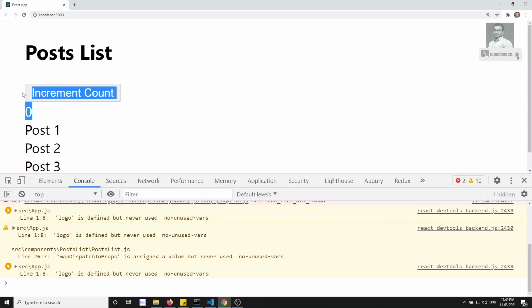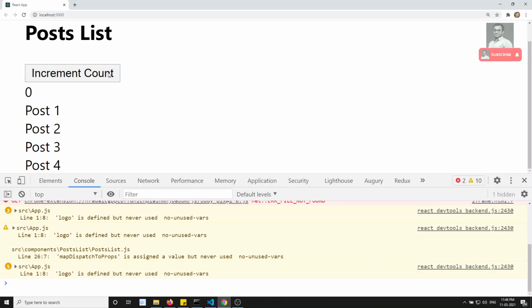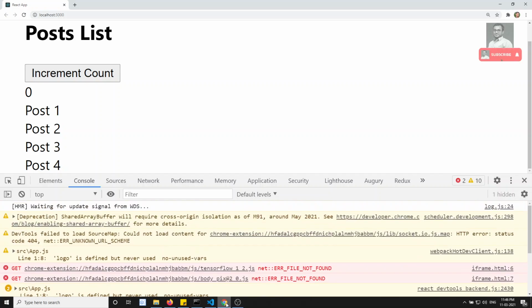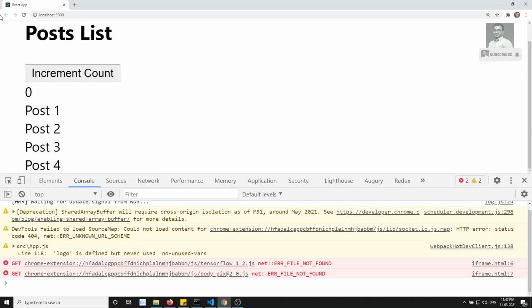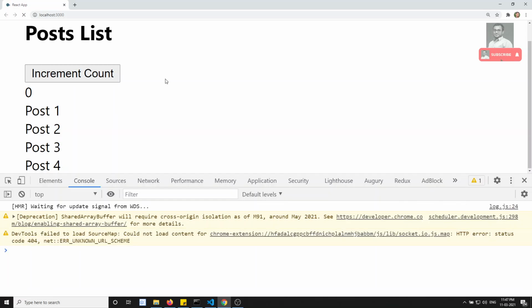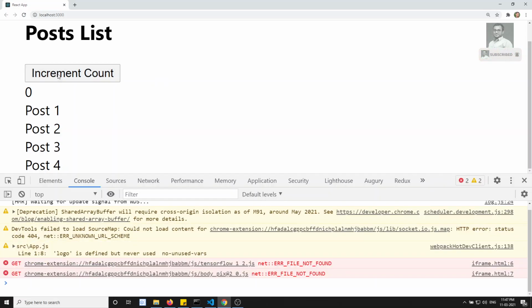Yeah, here I'm able to see the 0 and also the 1. Whenever I am clicking on the increment button, it is not updating. So let's try to see why it is not getting updated. Hopefully everything is correct, so let's refresh it and run again. Now I will click on the increment. Yeah, it's working. Now the counter is incrementing whenever I click on this button.